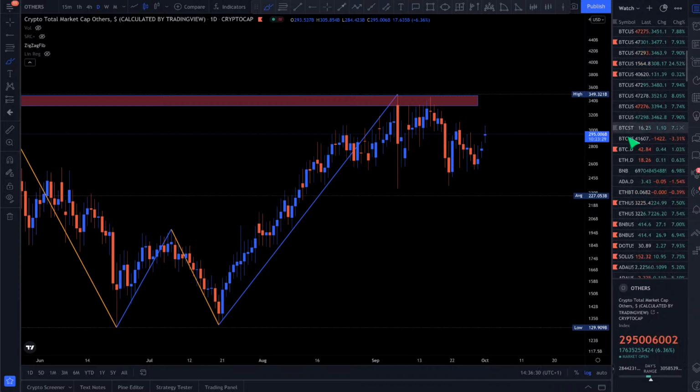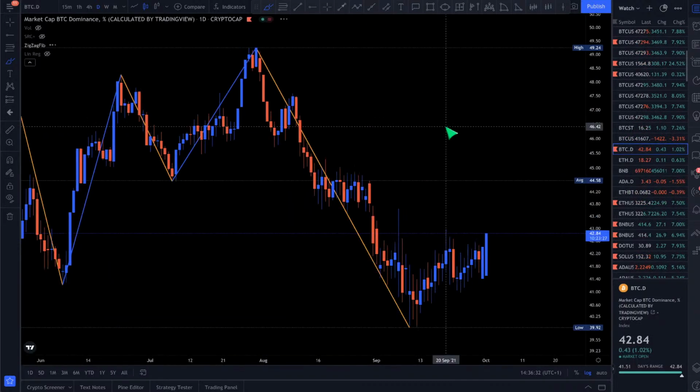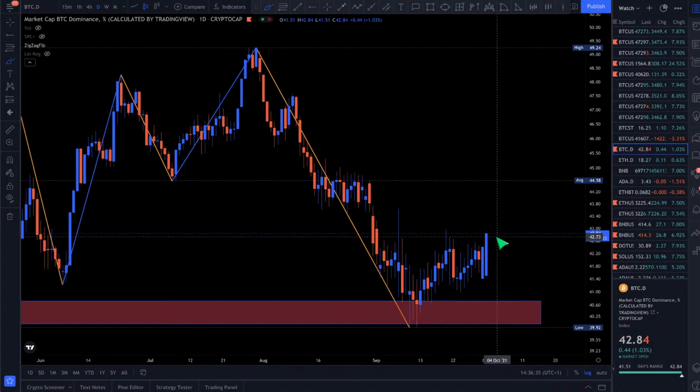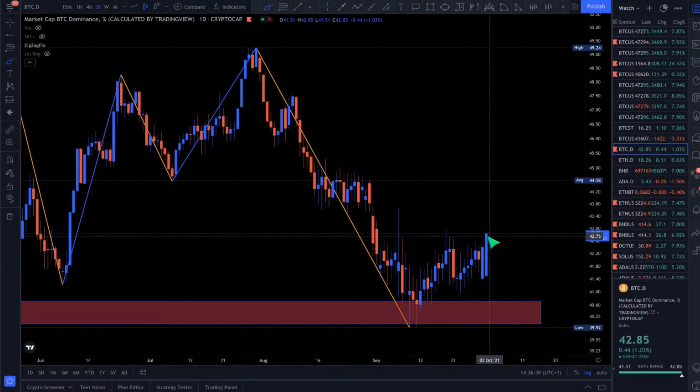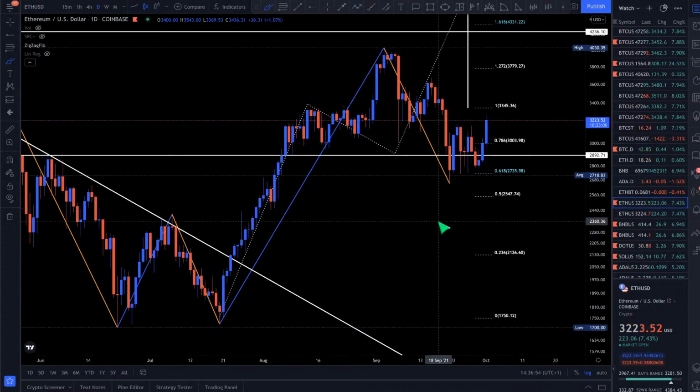Let's have a look at BTC dominance. That's not good. When you look at the dominance, that's not good. Of course, BTC is pumping, so the dominance is up. That means we're going to have to wait for BTC to calm down. When BTC calms down, then we should see the alts pumping. So be patient. Alts are not going to pump if BTC is pumping, right? Very important to understand this.